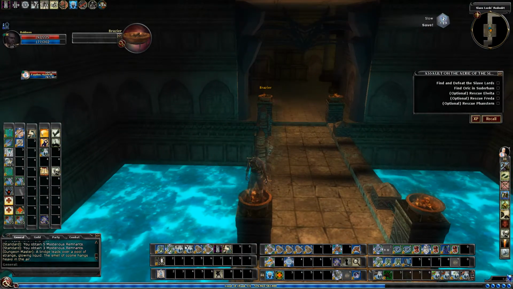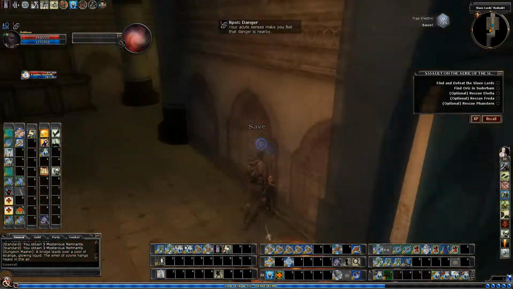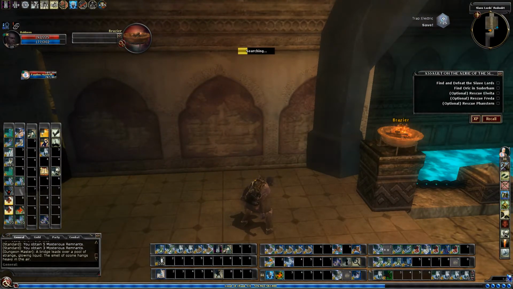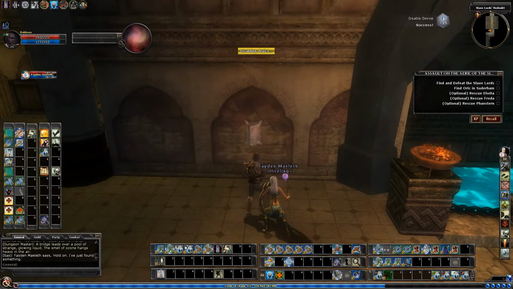A little bit of a tough jump, but usually I try to just go on the outside here, trying to kind of go on the top. Whoop. Missed my jump, but still made it. And now I'll get this control panel. Especially on Elite, there's a chance that